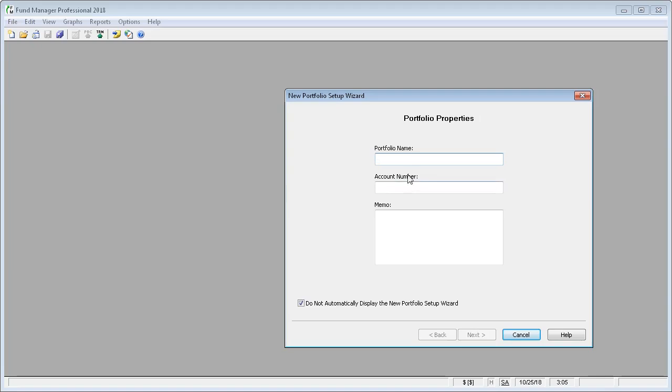When the wizard opens, go ahead and enter a name for your portfolio. And you can leave the account number blank for now. We'll get that information from the broker when we retrieve. Just go ahead and click Next after entering a portfolio name